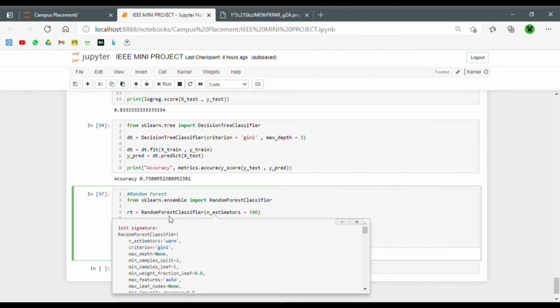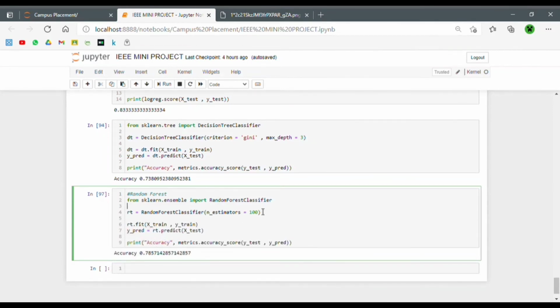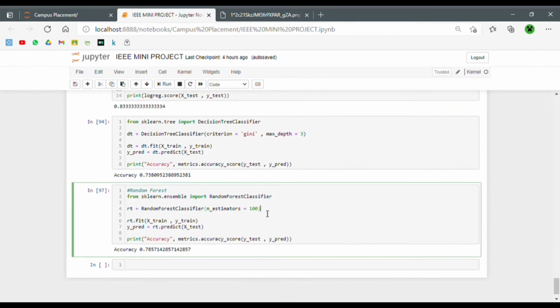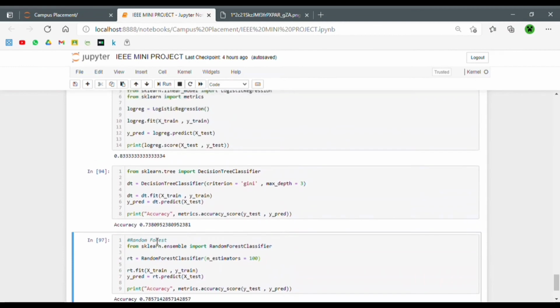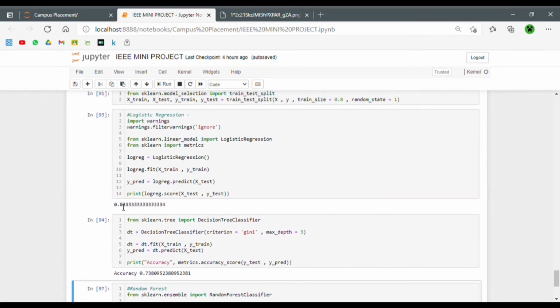We have to tune these hyperparameters so that our model is attuned to our particular data set and works better. So we have to use hyperparameter tuning, as I said earlier. The accuracy of the random forest is coming out as 78%. So in our case, the logistic regression is working the best, right?